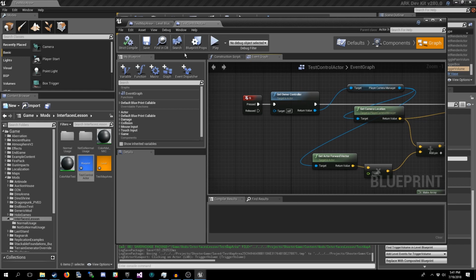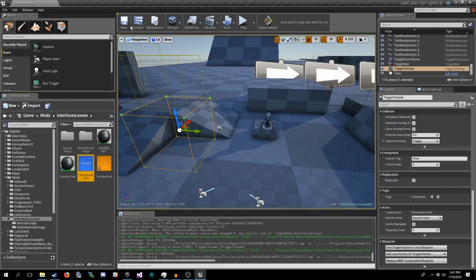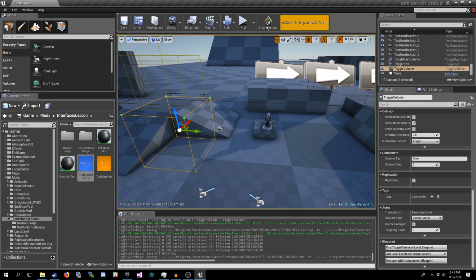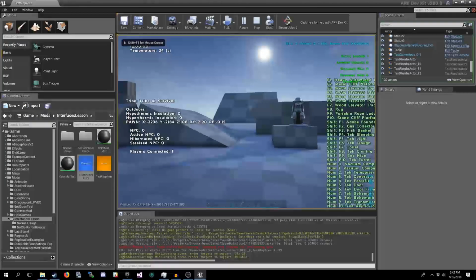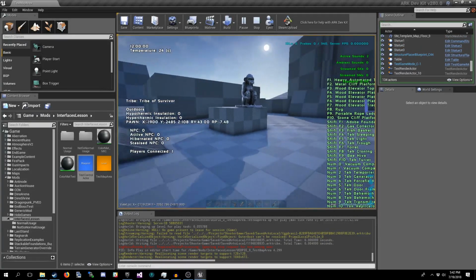So before we continue any further, let us pop into PIE, and I'll kind of show you what we're doing here. Okay. So go ahead and hit play. Once you're in game, go ahead and move over the trigger volume right here. This will attach that actor.